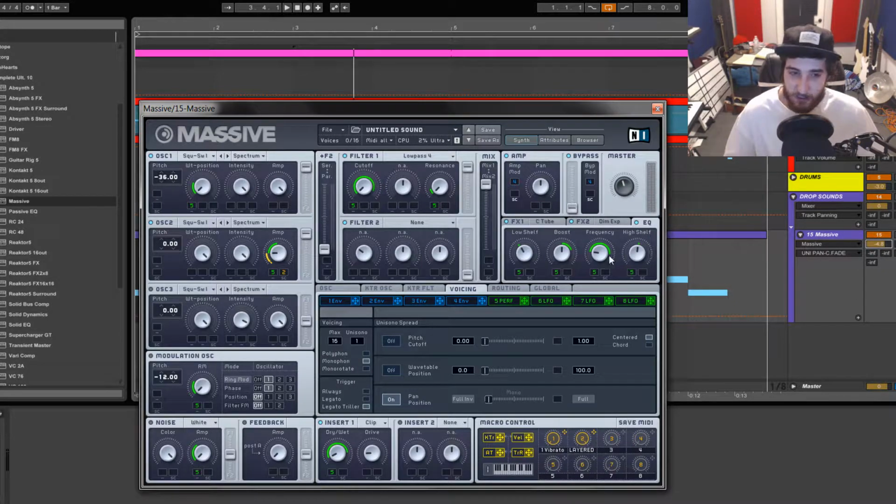Then I went to the EQ. I wanted to take some of the low end down, give it just a little movement, as well as kind of get these frequencies working to develop the sound even more. And then same with the high. I wanted to boost it a little bit, give it just a little teeny movement to keep it alive. So you see it takes out the low one. It's not all,